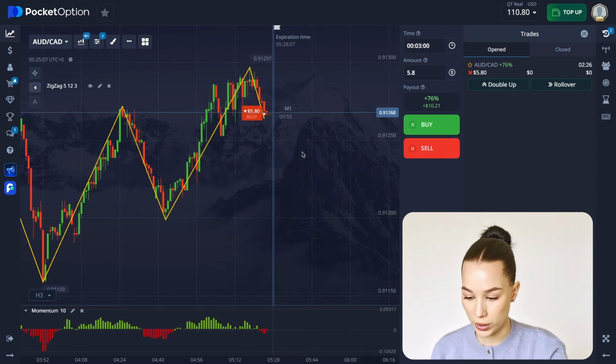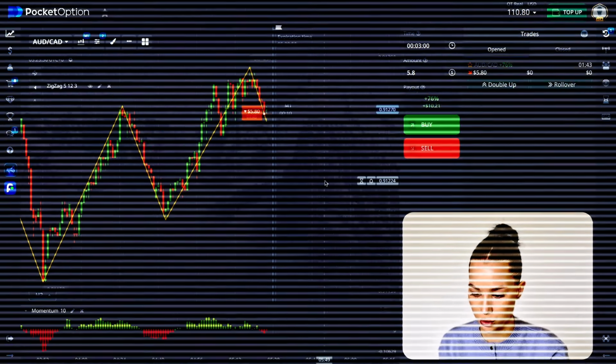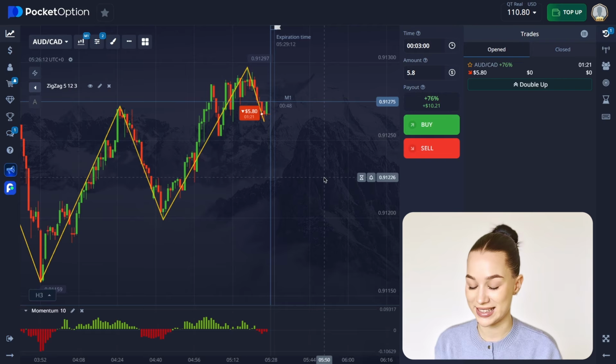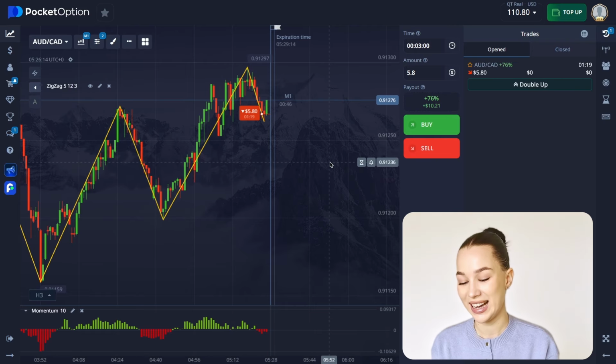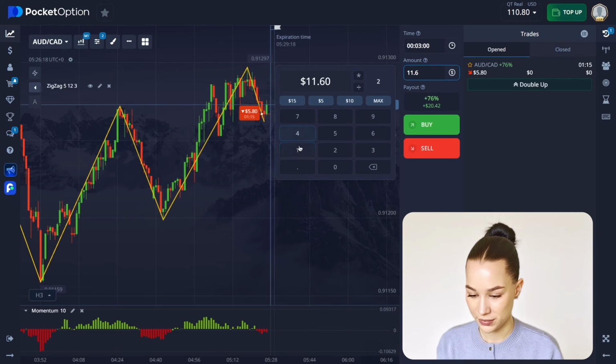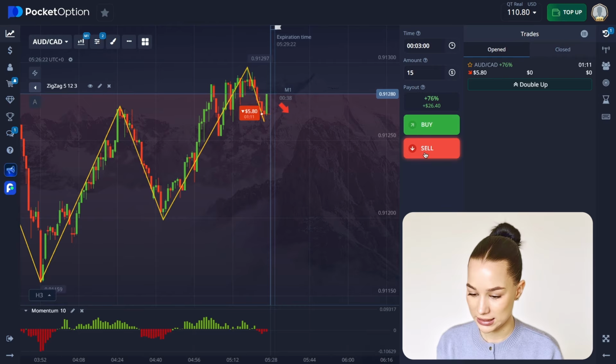So here, let's wait till the end of our trade. So again, we got some corrective candle here. As you can see, today we're kind of lucky on that. Okay, so I'm gonna change the amount of money per trade. Let's do it to $15. And oh my god,